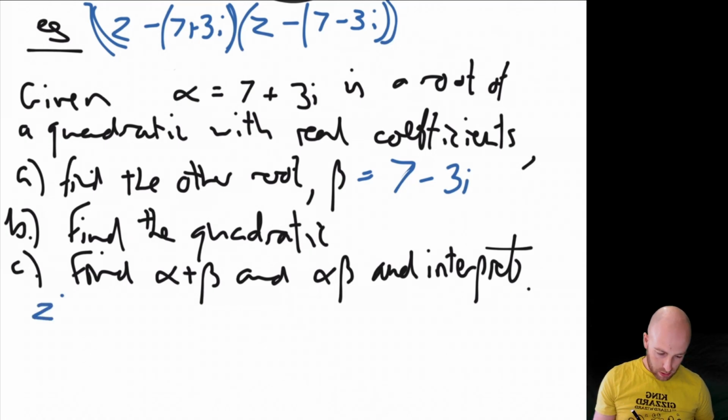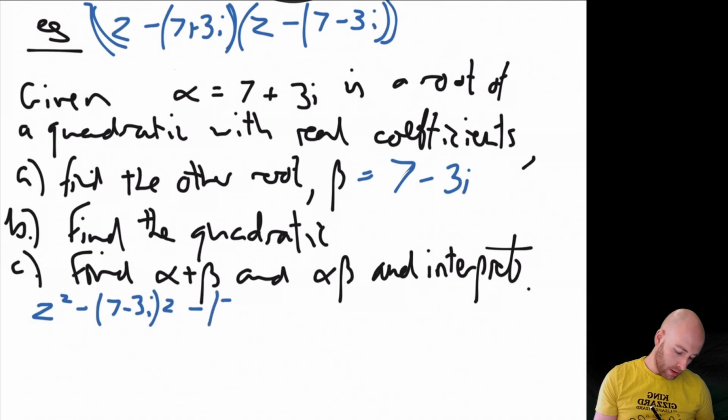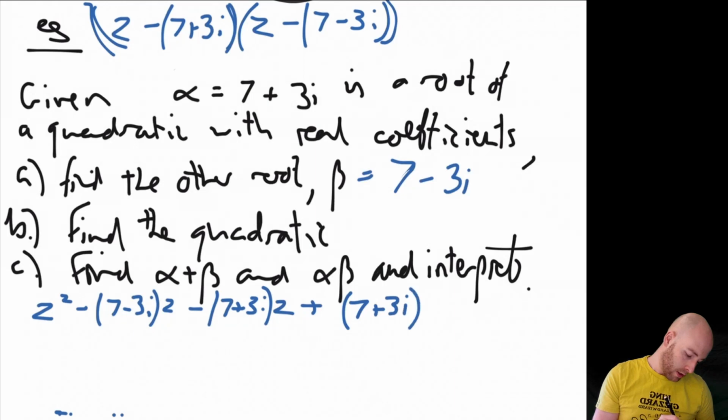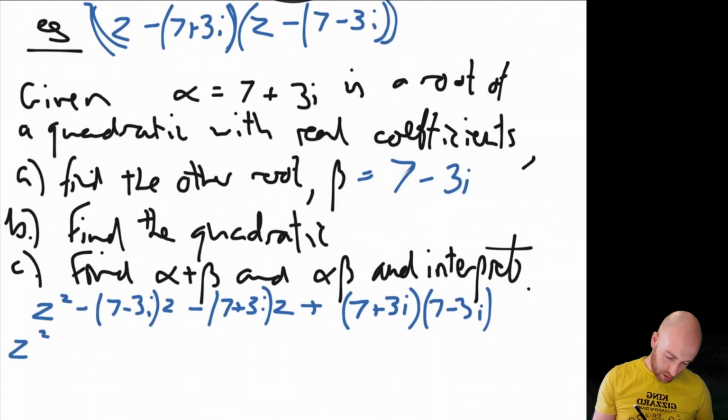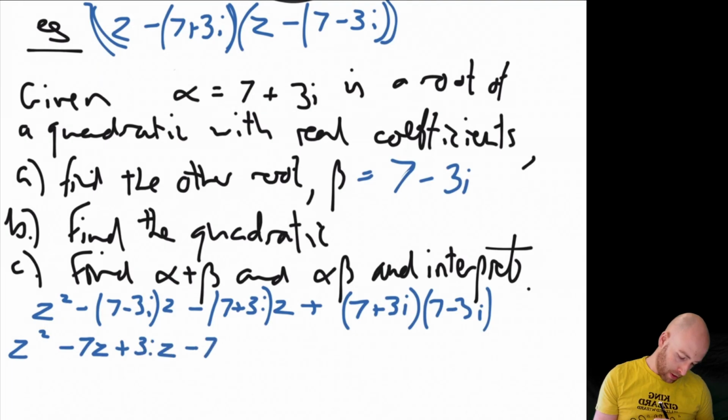So that will give me z squared minus 7 minus 3i z, minus 7 plus 3i z, plus 7 plus 3i times 7 minus 3i. So that's my quadratic. I just need to expand it. Z squared, expand this, minus 7z plus 3iz, minus 7z, minus 3iz, plus 49,